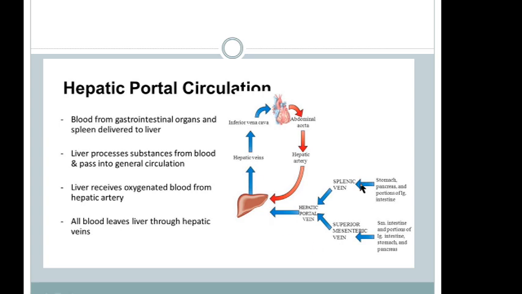This hepatic artery originates from the abdominal aorta and enters into the liver and divides into many branches. Okay, and this hepatic portal vein, which is made of